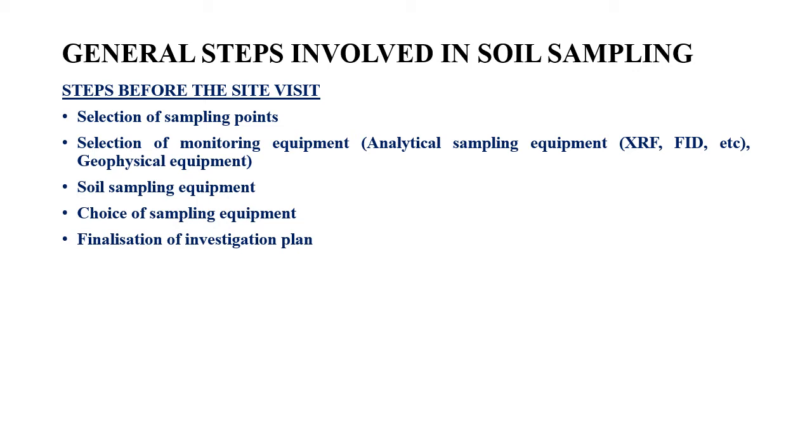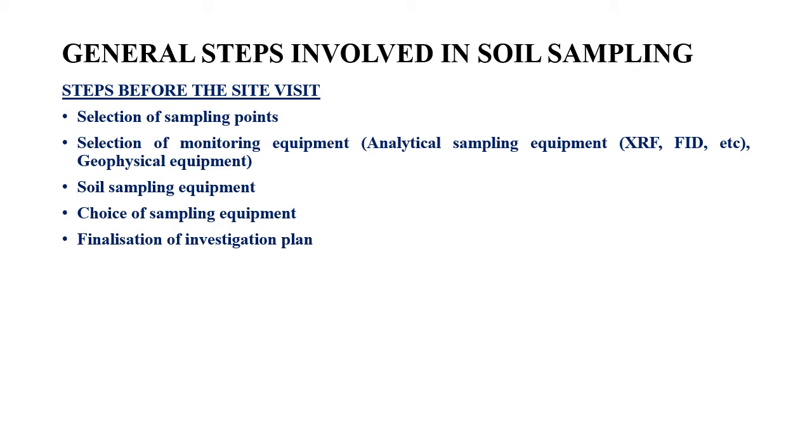Next is soil sampling equipment. Obviously you need some form of apparatus or equipment for collecting soil samples from various depths. We have seen that there are many samplers used for any normal site investigation or sampling procedure. Here also, different sampling equipment like the split spoon sampler, bucket auger, thin tube sampler, etc. Many such samplers can be used as the main sampling equipment for collecting soil samples from various depths.